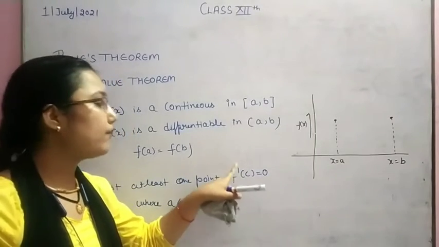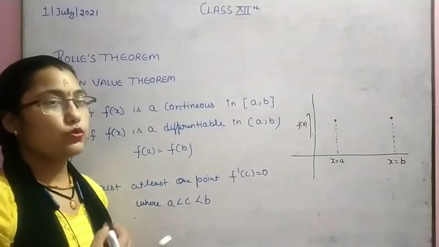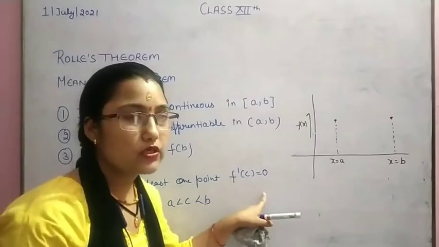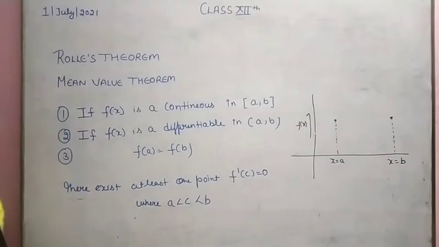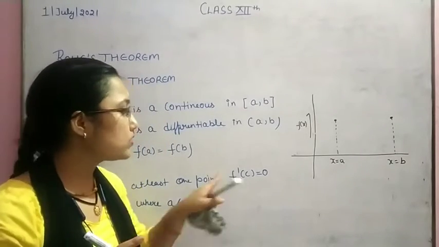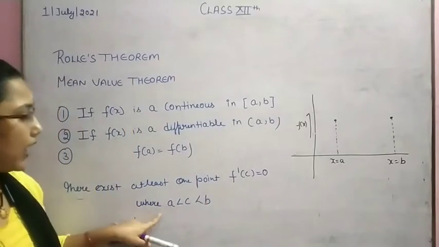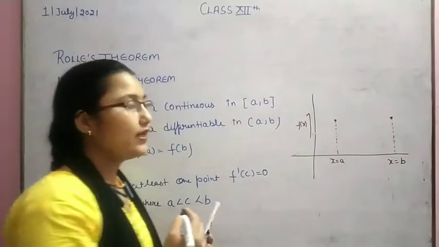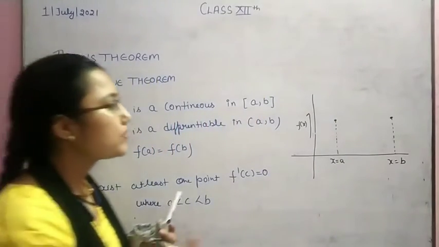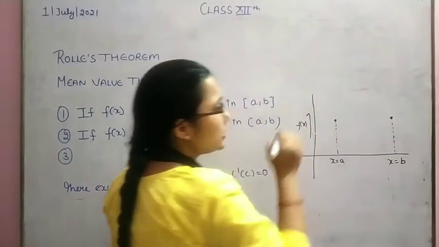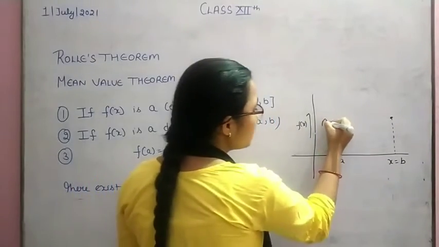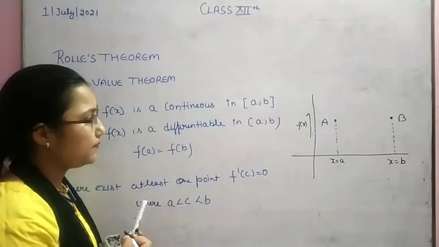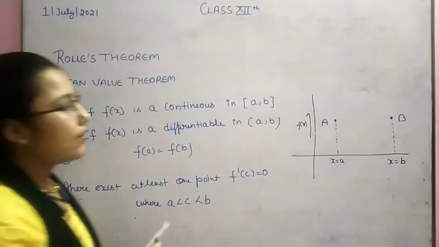That means the slope of this graph equals 0. So we have to find at least one point where the slope of the function is equal to 0, and the point at which the slope of this function is 0 lies between a and b. Suppose we are drawing the graph of a function which is continuous and differentiable, that means we have to join these 2 points. Suppose this is point A and this one is point B. So we have to join A and B. Now we can draw a graph,